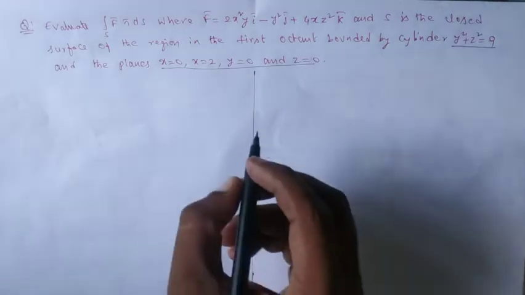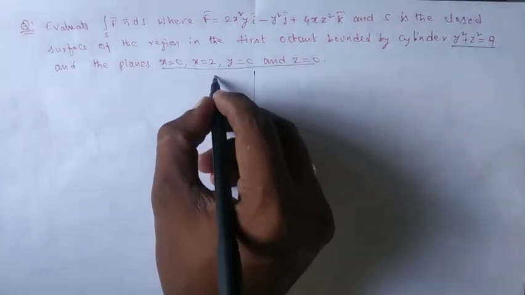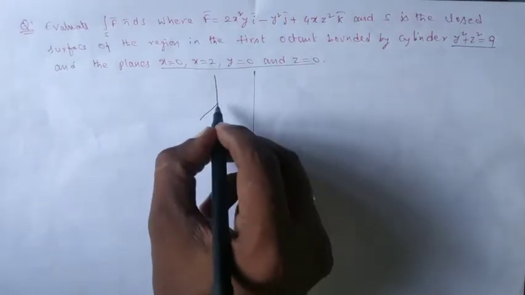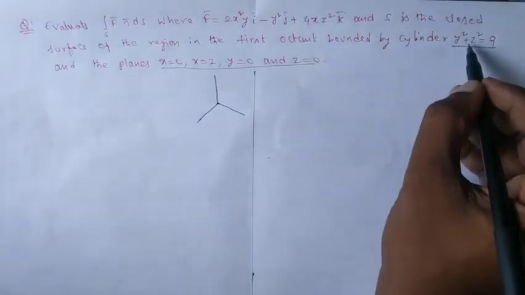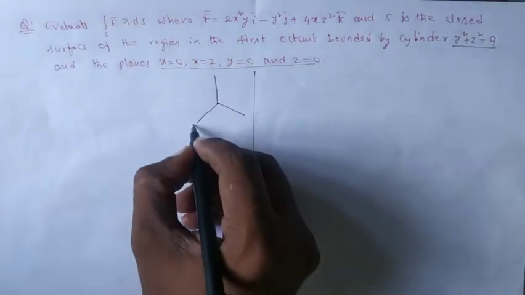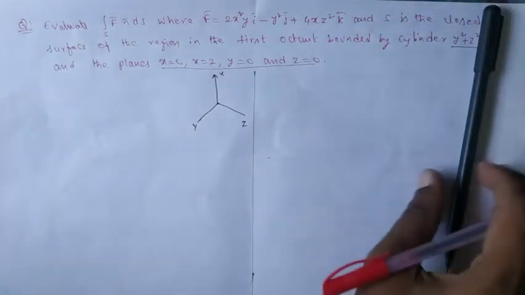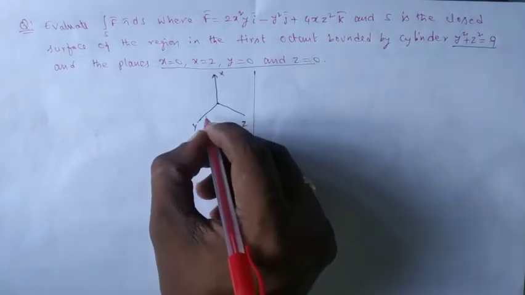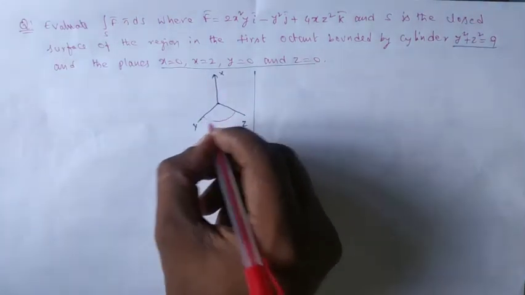So let us identify the region first, or the surface first. I am taking here the coordinate planes or the space. See that y squared plus z squared equal to 9, so better take the base as yz like this, and it is x. The surface is what? It's a portion of the cylinder y squared plus z squared equal to 9. So it is the y squared plus z squared equal to 9 circle on the yz plane, let us say.